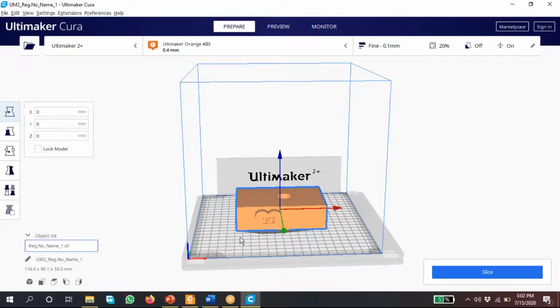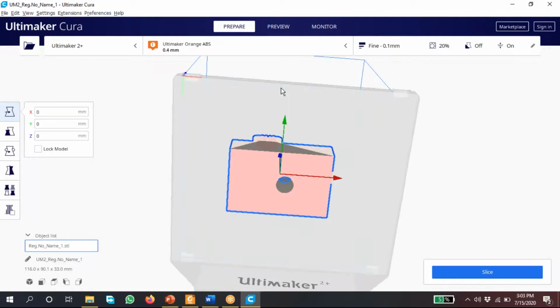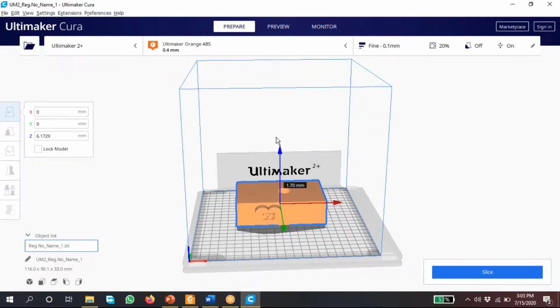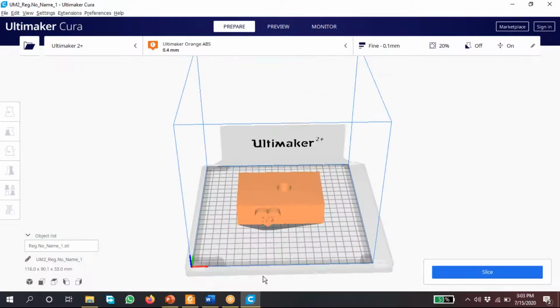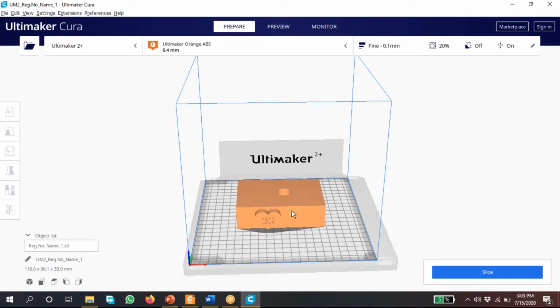You can see Z is 0, right? If it is not, it will fall immediately because of gravity. Okay. Yeah, you can go with the pencil here.